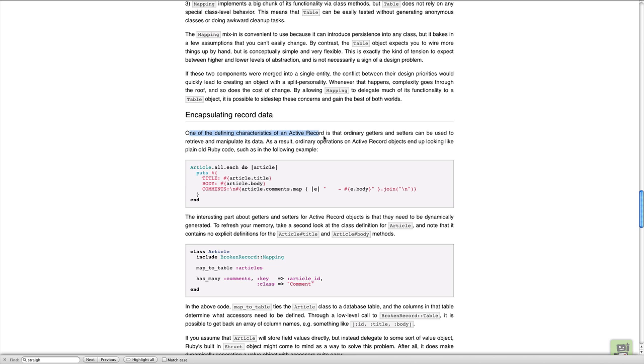One of the defining characteristics of an active record is that ordinary getters and setters can be used to retrieve and manipulate its data. As a result, ordinary operations